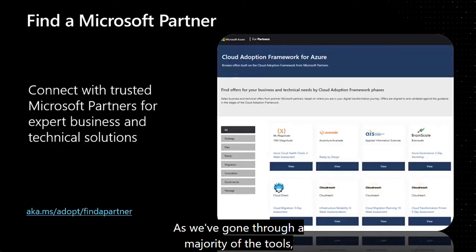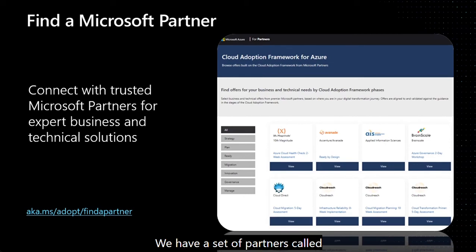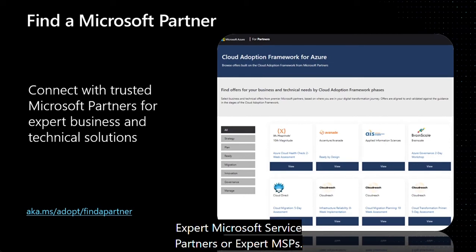We've gone through a majority of the tools, resources, and assessment tools that are available in the cloud adoption framework, but as Microsoft we would recommend partnering with a Microsoft partner that has done this several times before. We have a set of partners called Expert Microsoft Service Partners, or Expert MSPs.